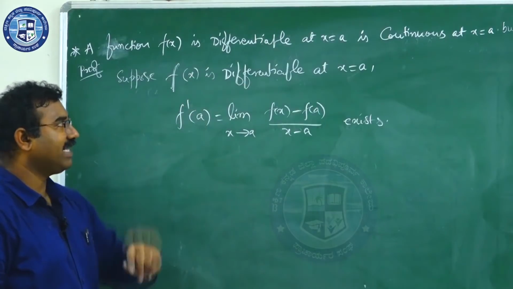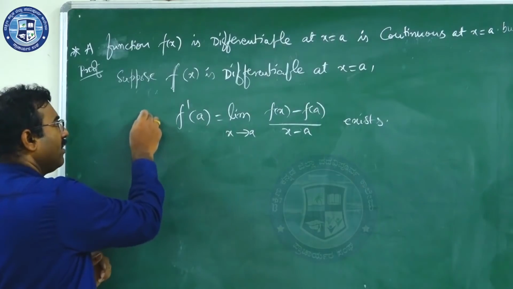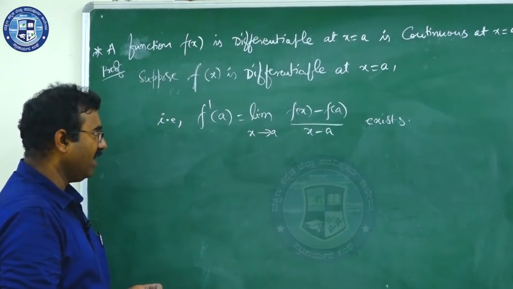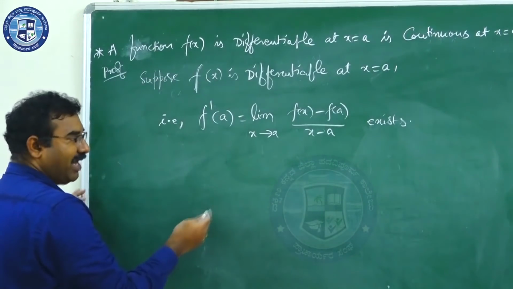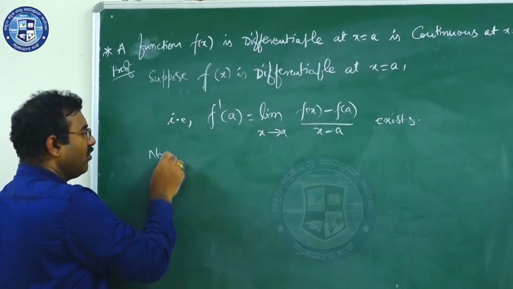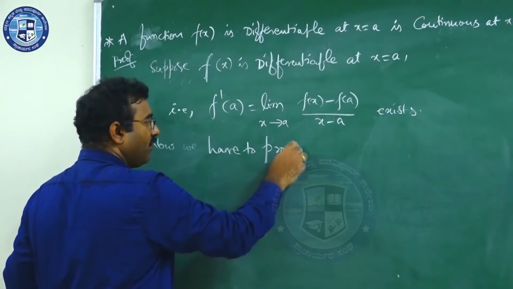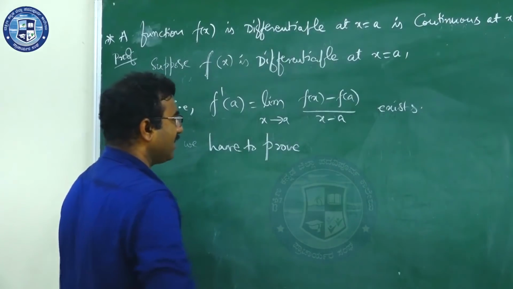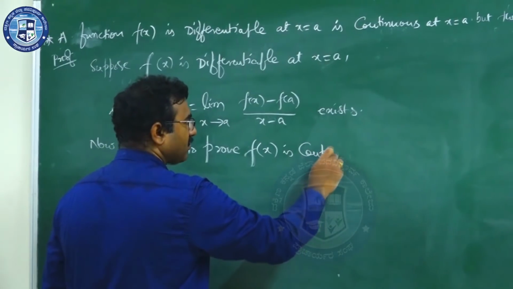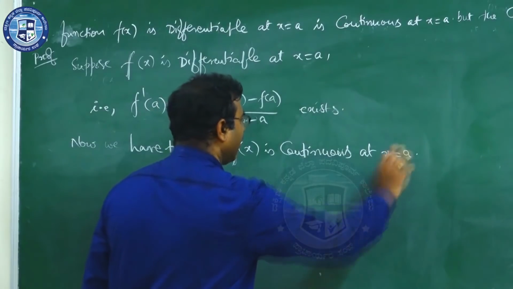So we said that f(x) is differentiable at x equal to a. That means f dash of a is equal to limit x tends to a, (f(x) minus f(a)) by (x minus a), exists. Now we have to prove that this function is continuous at x equal to a. Now we have to prove f(x) is continuous at x equal to a. For that,